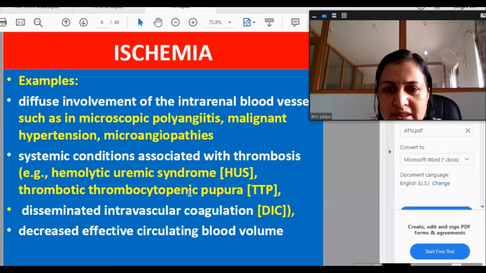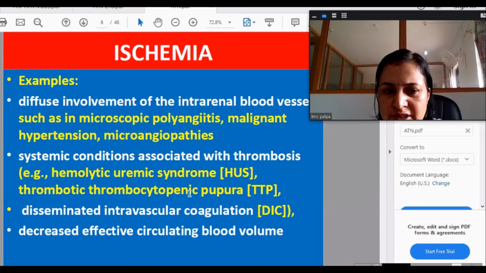Some systemic conditions like hemolytic uremic syndrome or thrombotic thrombocytopenic purpura. So you have to mention the ones in yellow letters, which are important causes of ischemic renal injury or ischemic causes of